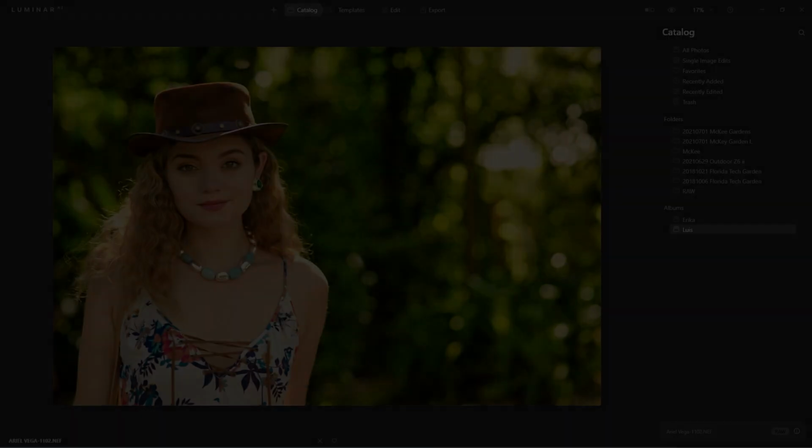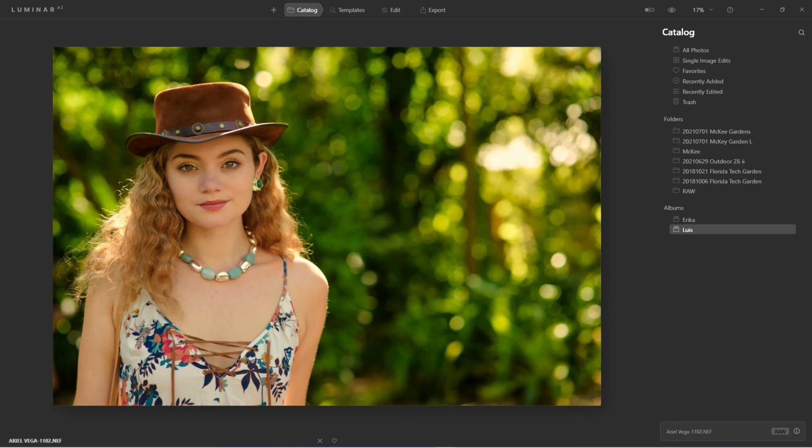I'd like to show you how to use the Portrait Bokeh AI tool. Now, look how an aperture of 2.8 with an 85mm lens produced this beautiful blur with geometric shapes. This is known as bokeh and typically requires an expensive lens. Well, that's up until now. Let's see how the Portrait Bokeh AI tool can simulate a similar effect.